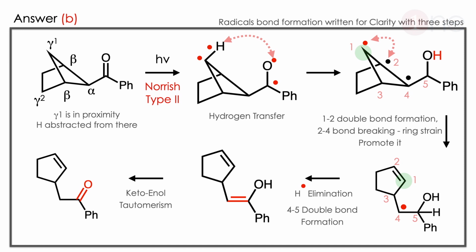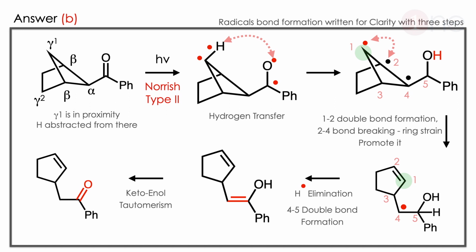The radical is there and ring strain is also there in the system. To reduce the strain, the 1-2 double bond will form and the 2-4 bond will be breaking. So the bridged carbons are highlighted in green. The first carbon is the bridged carbon. Then the 1-2 double bond forms there. Then one radical is remaining. That radical has to be quenched. It can be quenched by hydrogen elimination. So the double bond is formed near the alcohol, the double bond and alcohol. So there is a possibility of hetero-enol tautomerism. So the final product is clearly a ketone, which is the answer B.